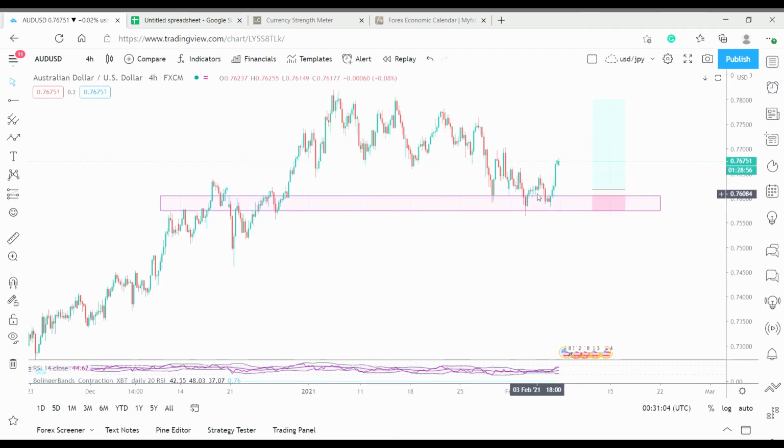That way, if the market decides to go back and retest the support area, then I'll be out of this trade with partial profit at least. Then we'll wait again for some buy position confirmation, and that's what we should probably be doing right now. If I haven't taken that trade, that's what I'll be doing. I'll be waiting for the market to come back and hit that support level